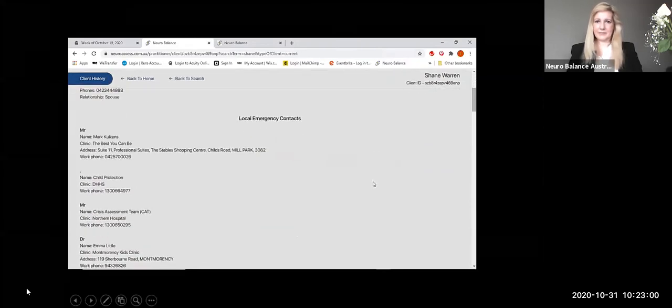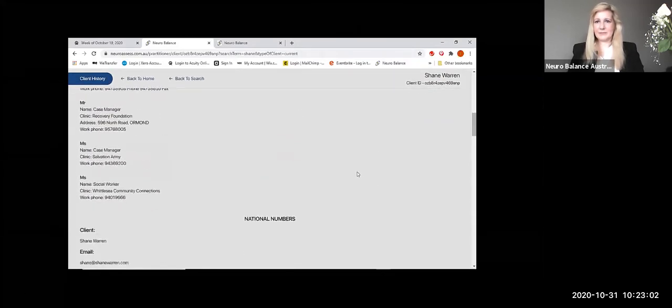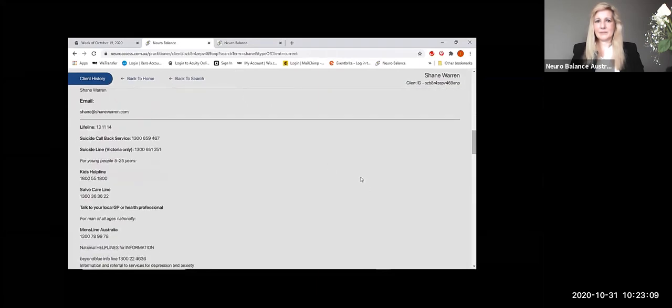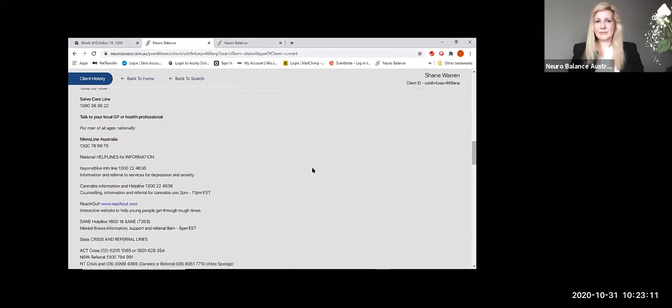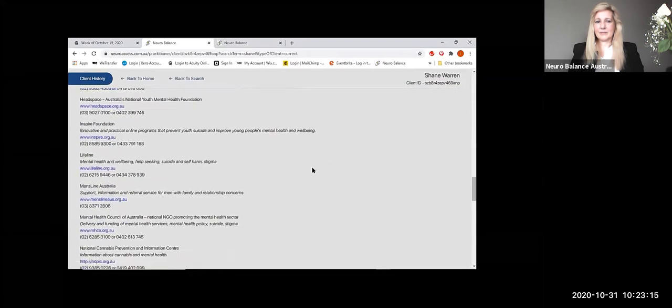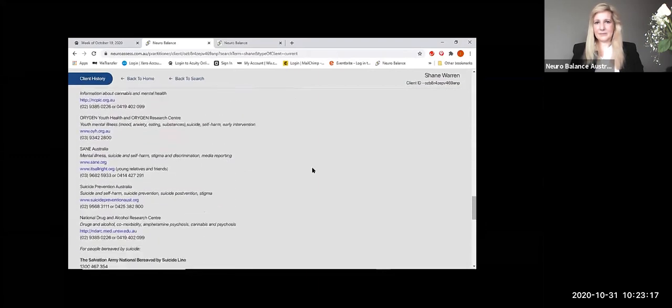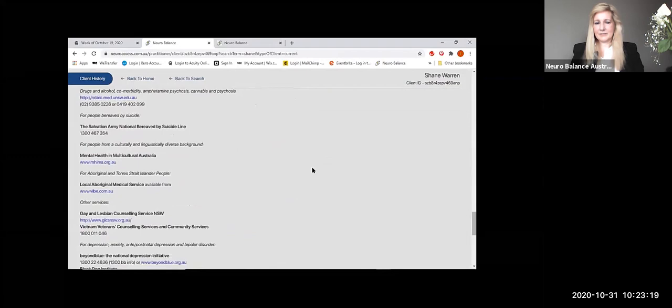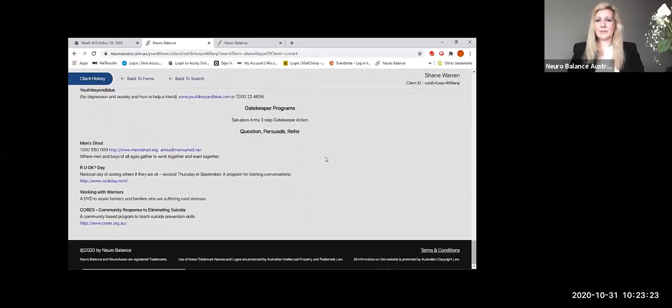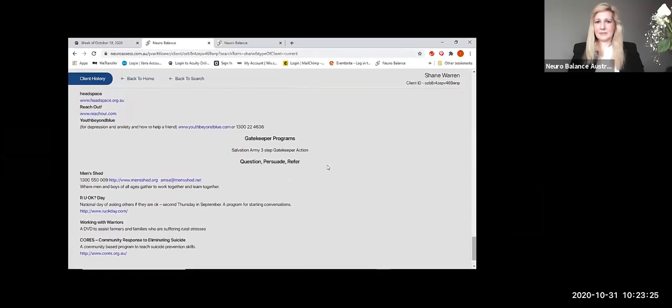The good thing is at the bottom of the list, not only do I have my local emergency contacts, but there are also all the national numbers. You can see here Shane's email address is here for me to quickly copy and paste and send to him in an email. There's a whole lot of referral numbers on here that we check over once a year, and we make sure that all of the numbers and contact details are correct. So that's available on every single client.